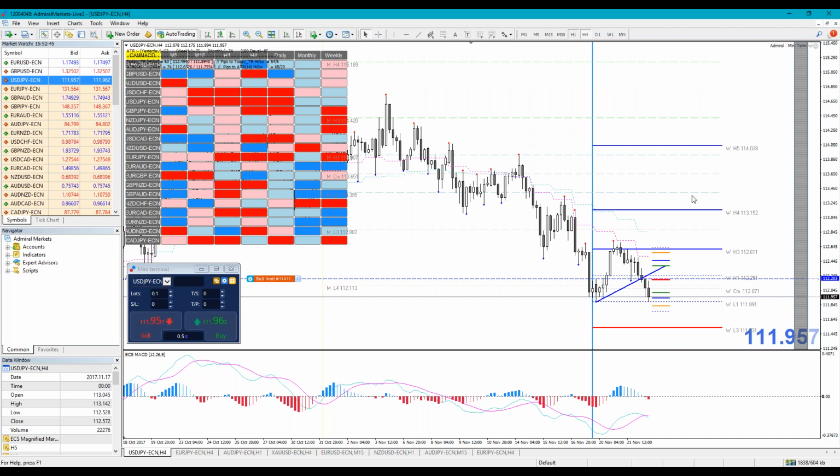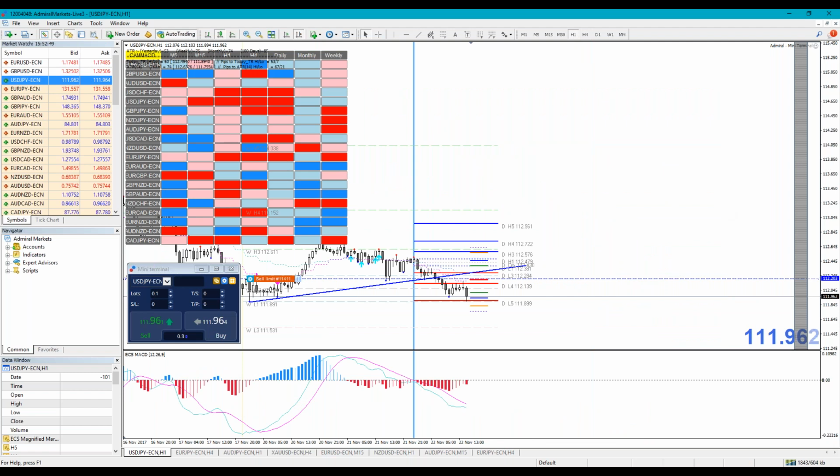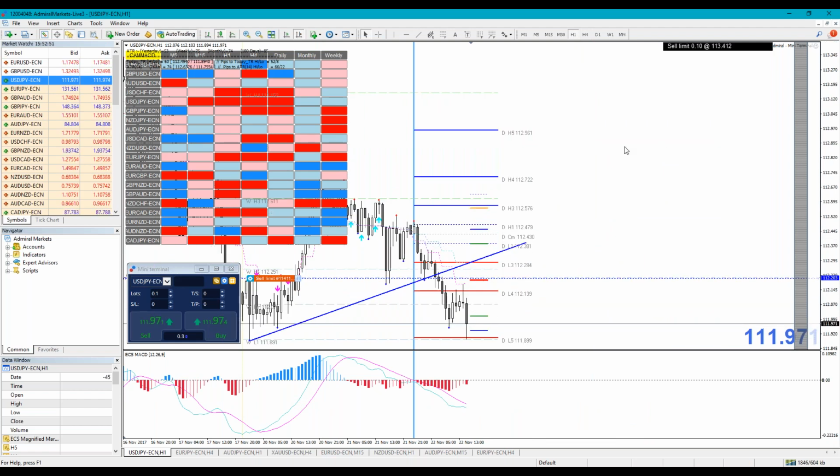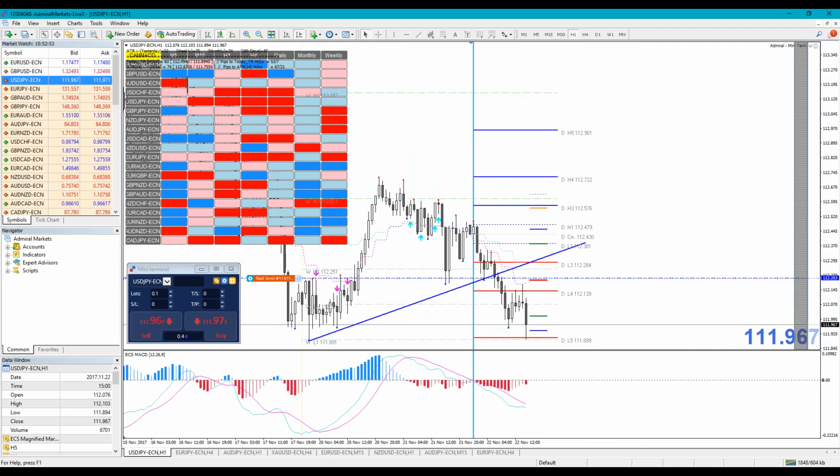Okay, so what I can do is intraday time frame, 1 hour time frame. I'm waiting for a retracement. This is my time frame for entry here, and I'm waiting for a retracement towards this zone. Here I placed a sell. Okay, so I'm waiting to see whether the price will respect it. I hope so, because if the price gets here within the zone, bang, that will be a sell.